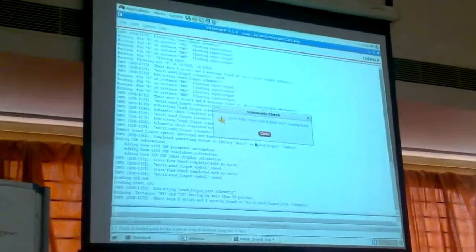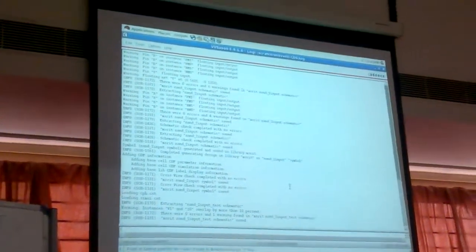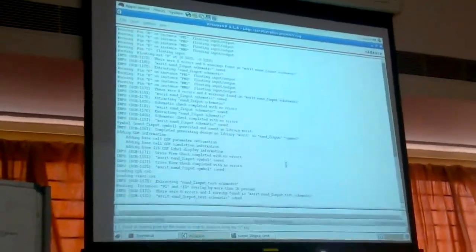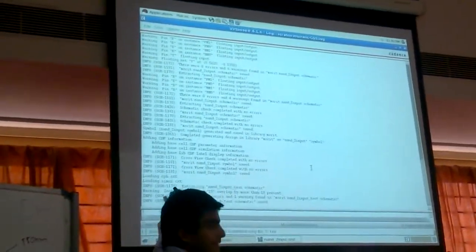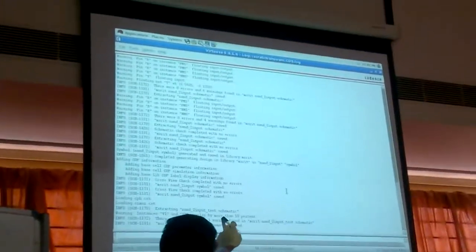W, window, and check what are the warnings you are getting. Here it is mentioning instances P1 and IO overlap by more than 10%. So that particular input that we have placed inside the NAND gate